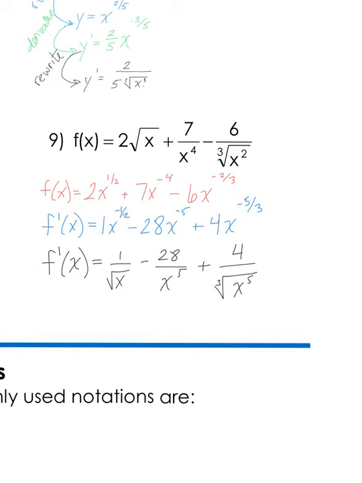Number 9. You've got multiple terms. They all needed to be rewritten. There's negatives and fractional exponents, and then you have to write them all again. So that's as difficult as the power rule gets. Okay, so